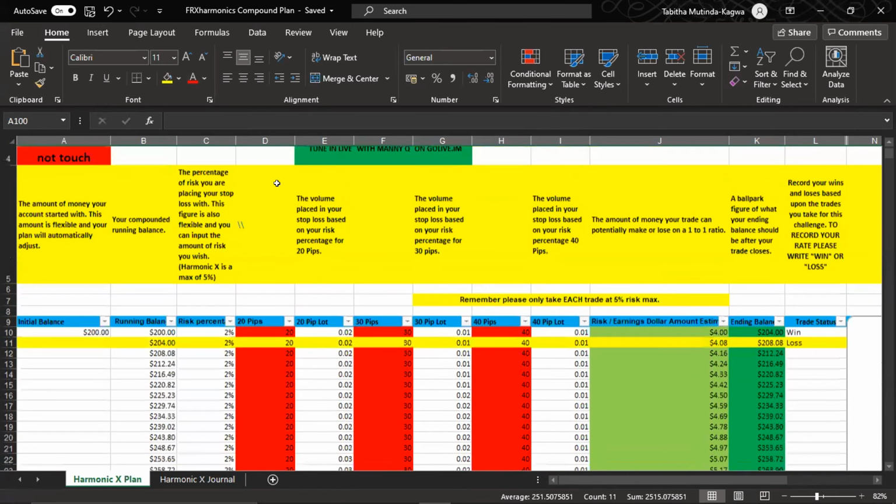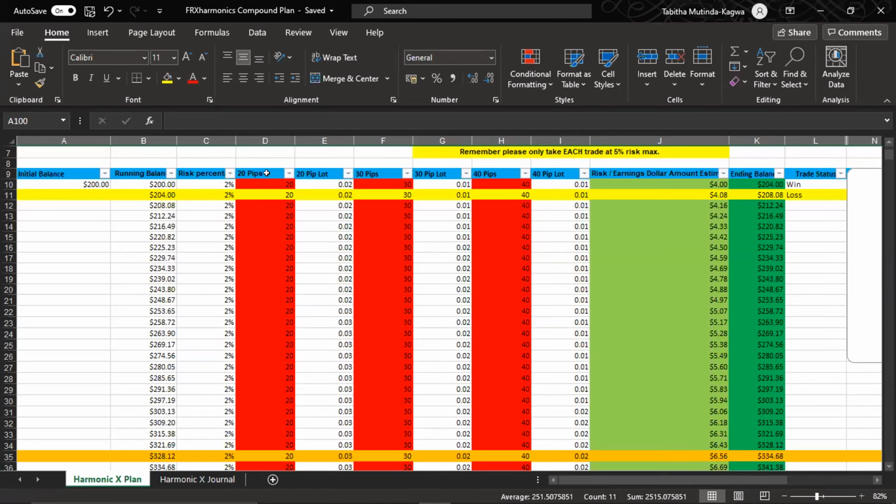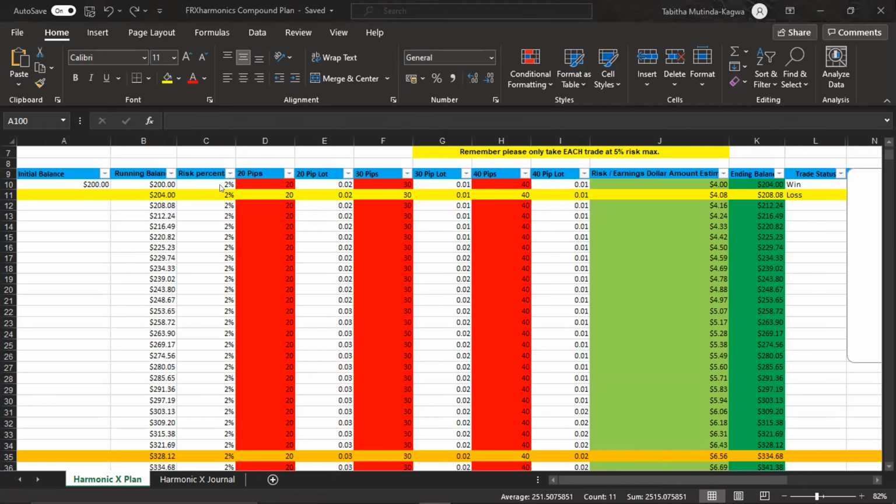So you can know how many pips to go for over here in order to make your $10 per day, or whatever the percentage is that you're going for. Here it's 2%, so you're going for $4. If you took a trade with a 200,